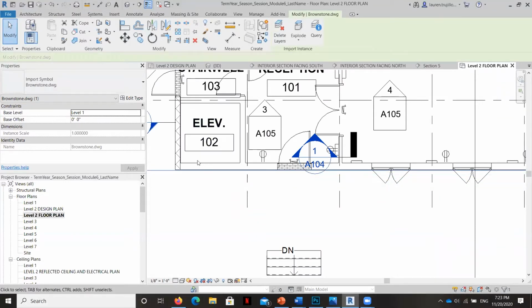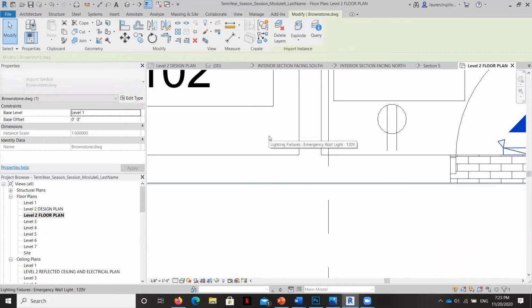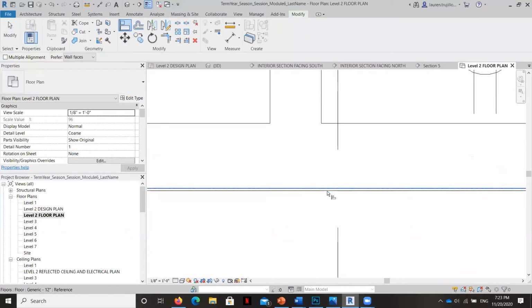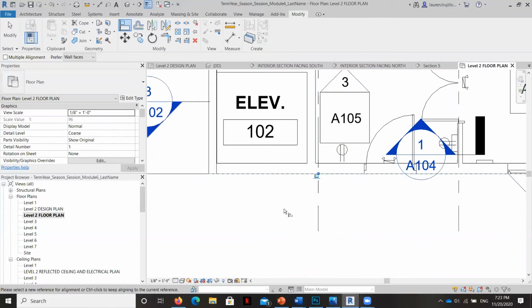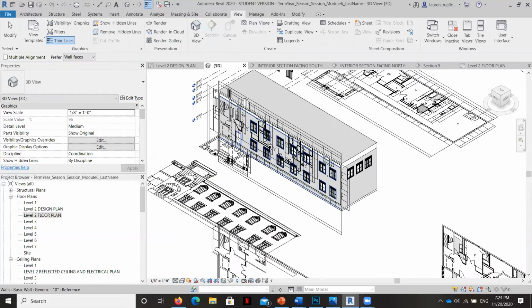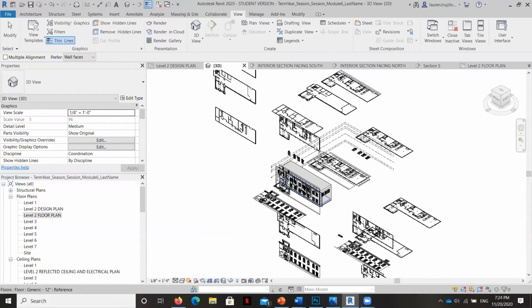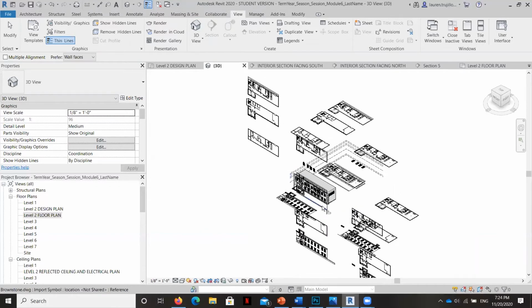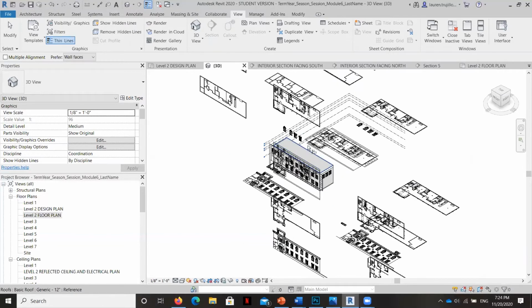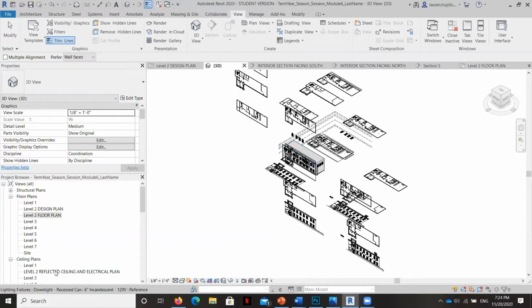And that's the CAD file running vertically. And I can align it. Okay, so then when I look at it in 3D, okay, there it is. And it's a little bit messy right now. You'll see it in a second. Okay, now I want to look at the elevation view.